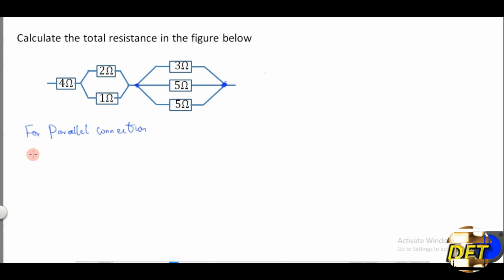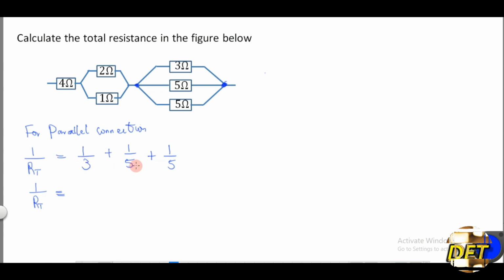I have that 1 all over R_T, which is my total resistance, is equal to 1 all over 3, which is this resistance here, plus 1 over 5, plus 1 all over 5, which is this resistance here. So what I'm doing here is that I'm trying to resolve this parallel connection so that it will be in series with this, right? So this will be 1 all over R_T, which is the total resistance, is equal to